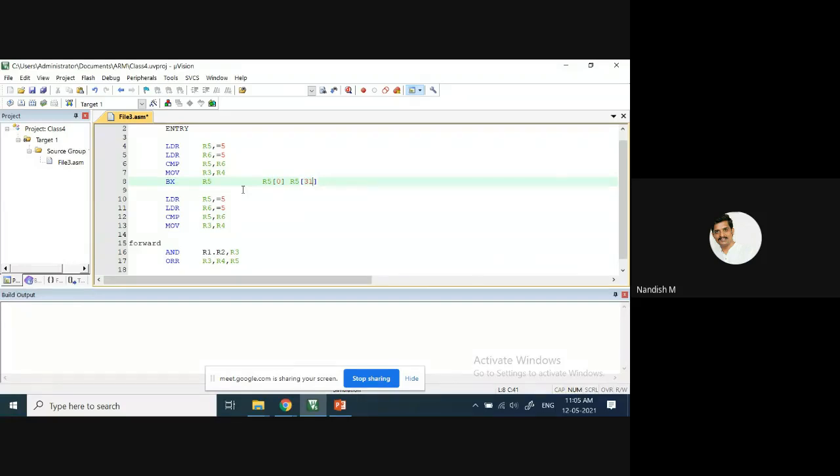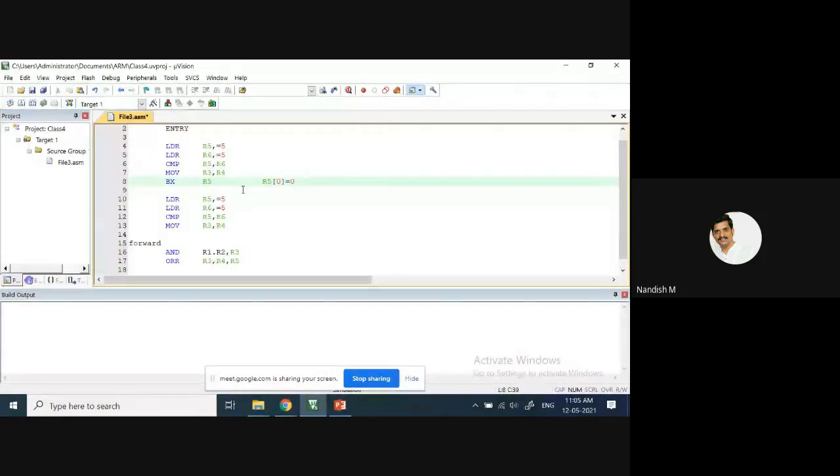It is going to change to the thumb state. Already, if it is in the thumb state, it remains in that state. Or else, if it is in the 32-bit state, it is going to change to the thumb state. The value of the 0th bit of R5 will be seen.